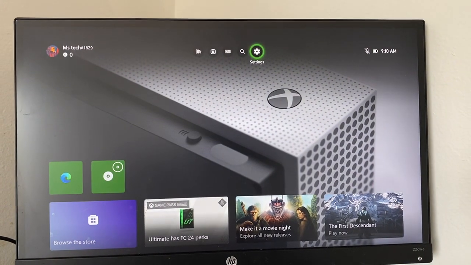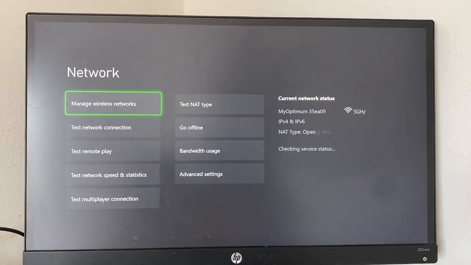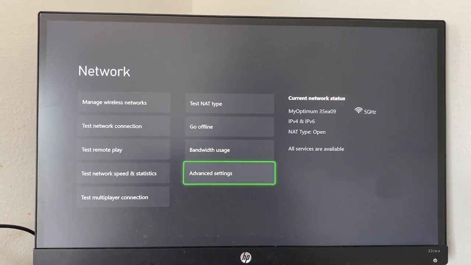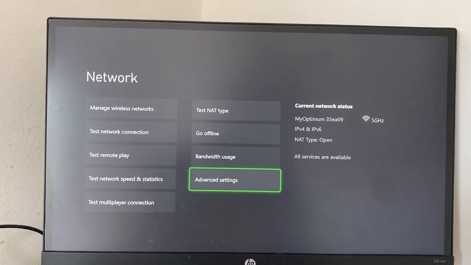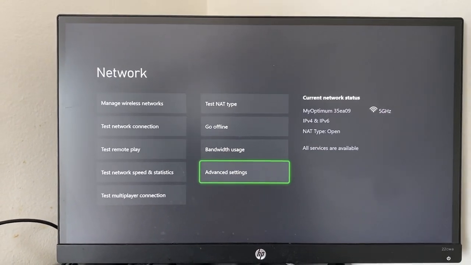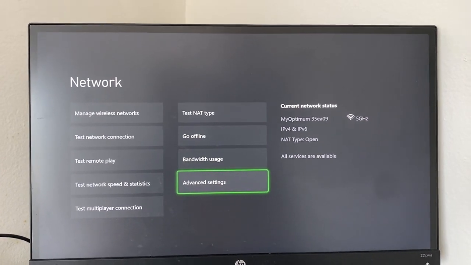The third method you guys can do is head over to settings again, go to general, go to network settings, and then go to advanced settings. Now from advanced settings, what you're going to do is go to primary and secondary DNS, and you're going to basically change the primary DNS to 8.8.8.8, and then change the secondary DNS to